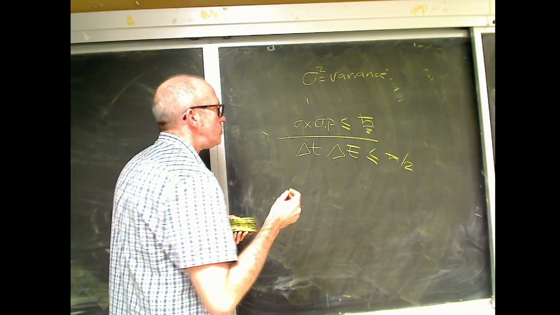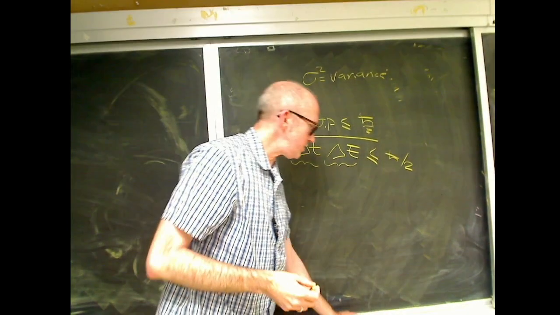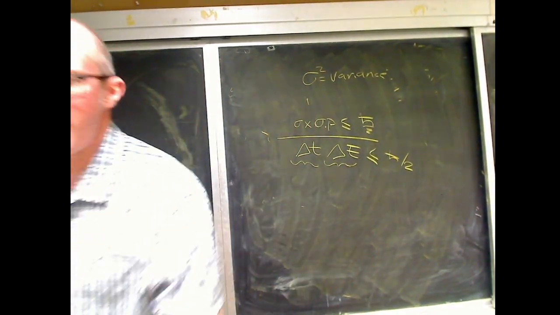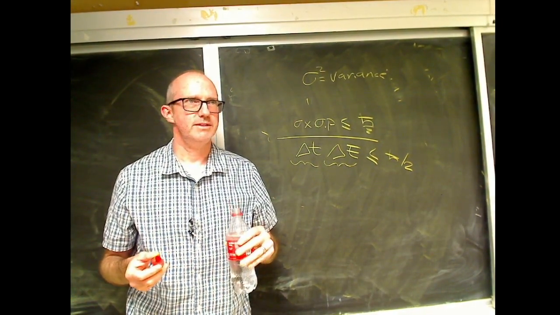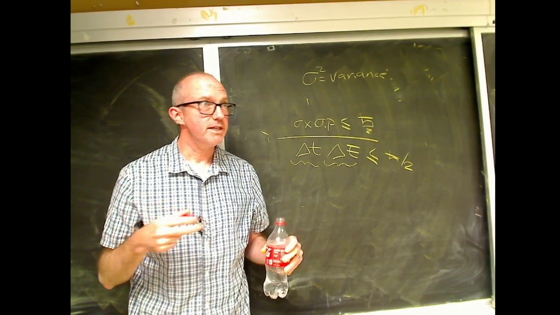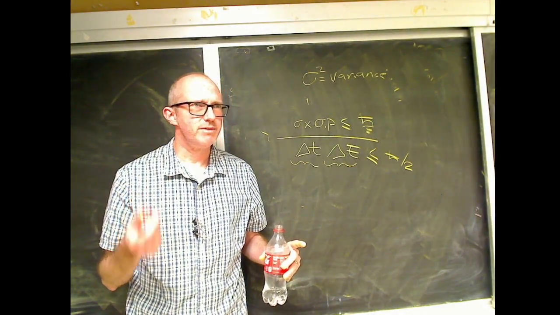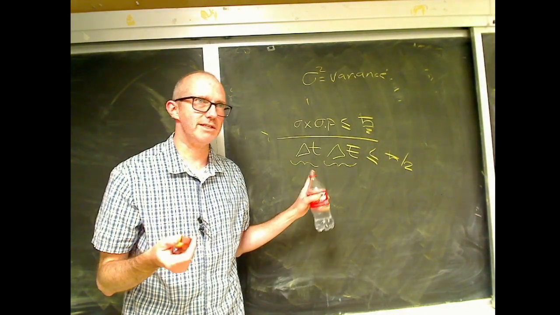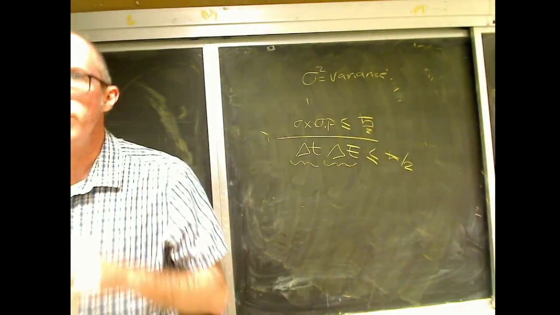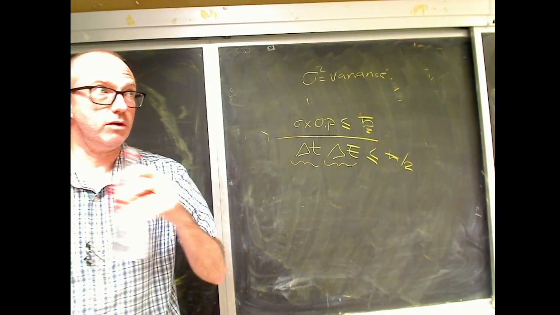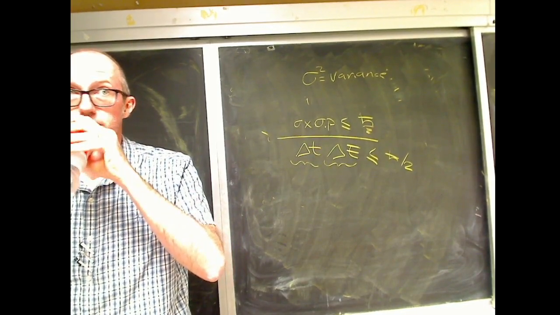So the uncertainty in time and the uncertainty in energy are related. If I have a fluctuation that's large, it's not going to live for very long. That's what this comes down to. So this says if I have a total vacuum, I'll have particles show up, but not for very long. Bigger particles show up for even less long. So bigger particles are more rare. They're harder to get. They're harder to make. They don't probably live as long. The uncertainty on their lifetime is large because the mass is large.